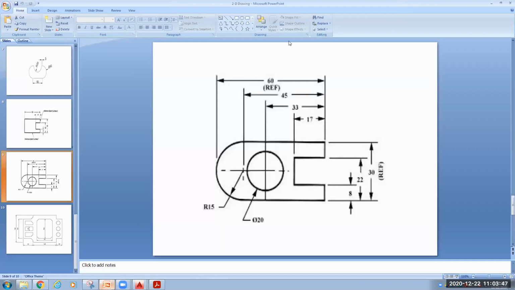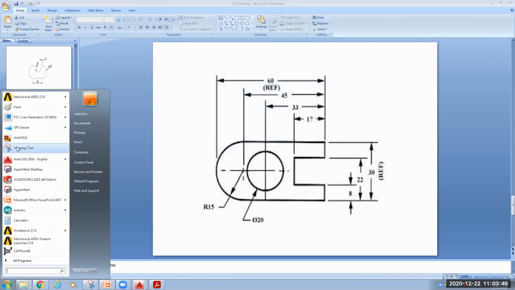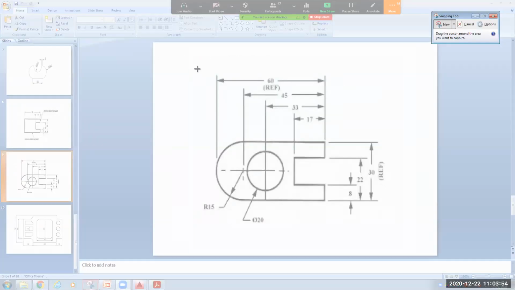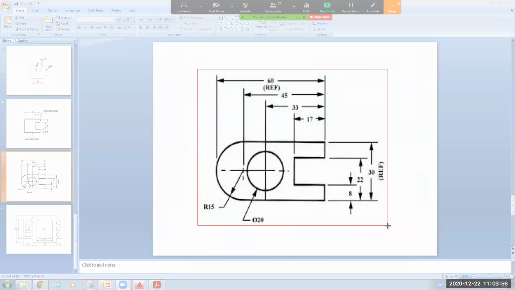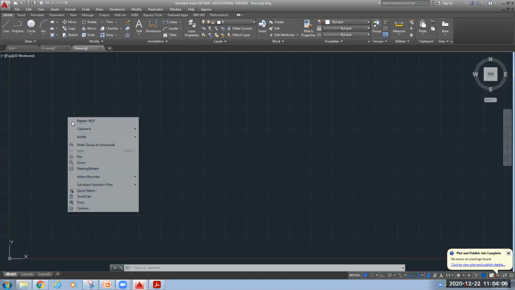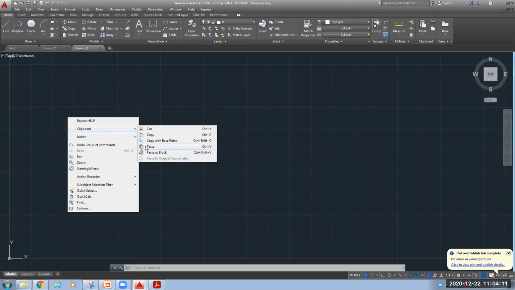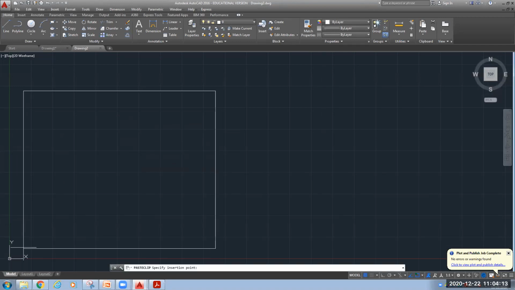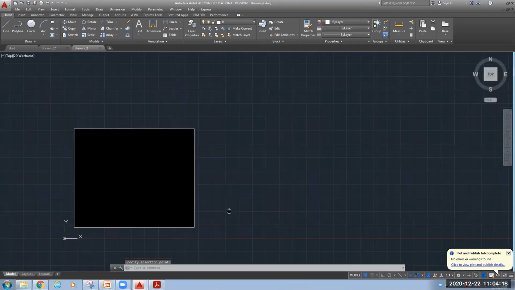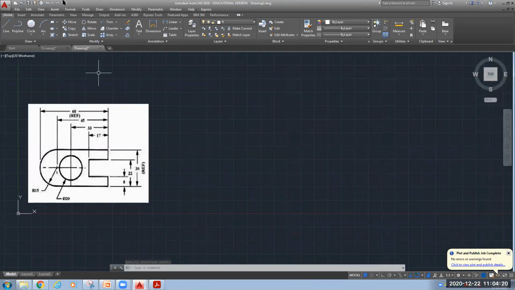First I will take a snapshot of this drawing: right click, copy, then come to AutoCAD, and paste it here from the clipboard. So this is our drawing that we will draw.